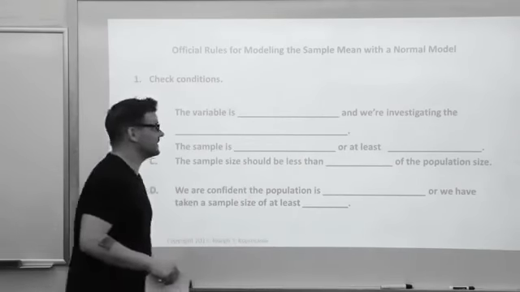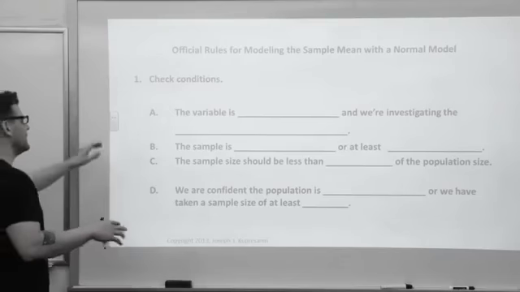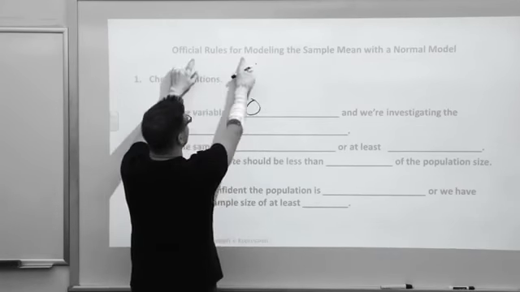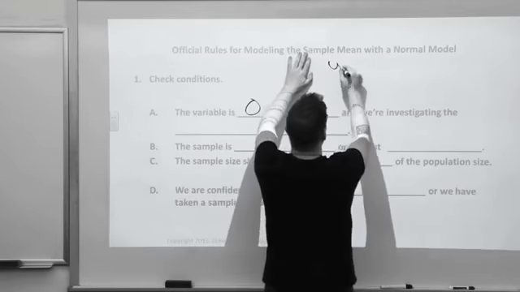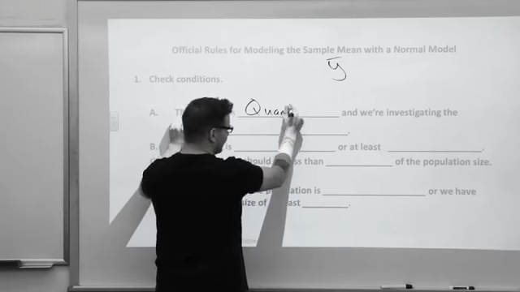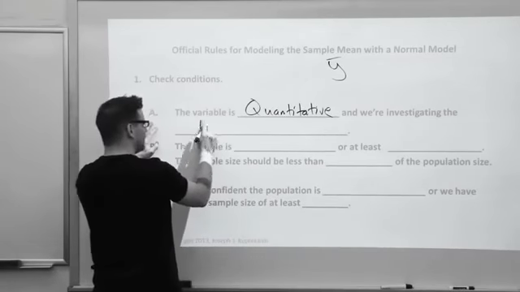What are those conditions? They're almost all the same, just the one is different. Well, two are different. Always thinking about the variable. What are the rules to model the sample mean y bar with a normal model? The variable is quantitative, and we are investigating the